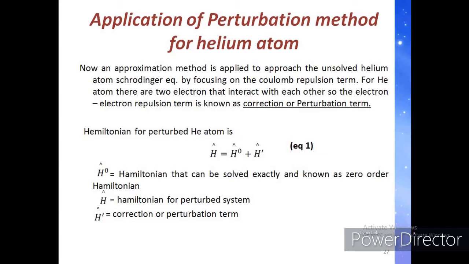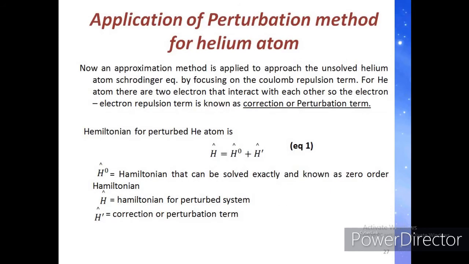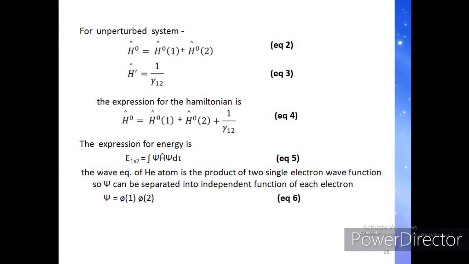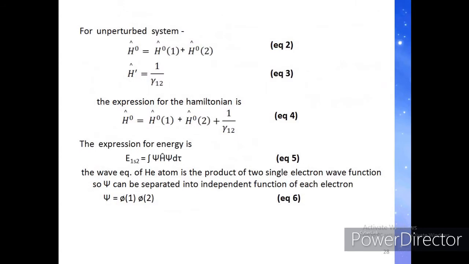As we considered in the variation method, there is only one electron present in the helium atom. That means we are discussing helium plus. We will consider a Hamiltonian for the system in which only the first electron is present, and the Hamiltonian for the system in which only the second electron is present. And if both the electrons are present, then there is an interaction between the electrons, and that is represented by 1 upon R12. Now the Hamiltonian as given in equation number 4 becomes as given in equation number 4.